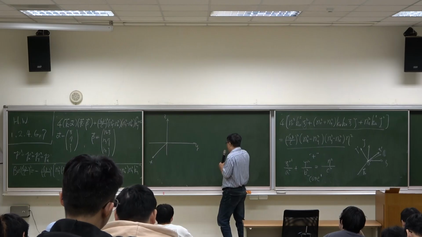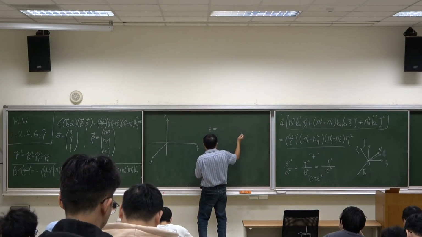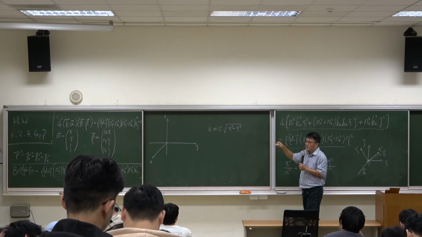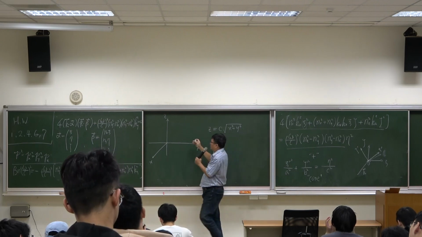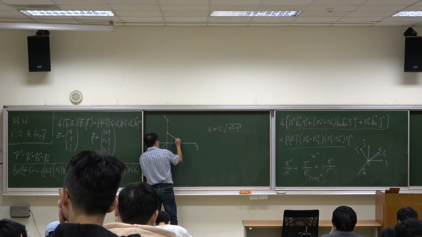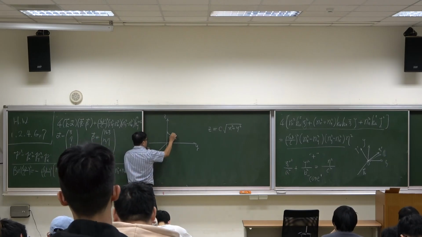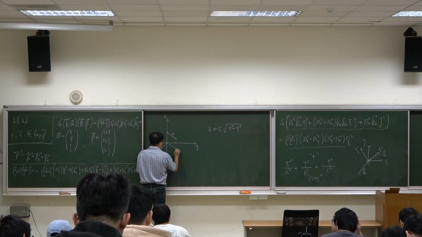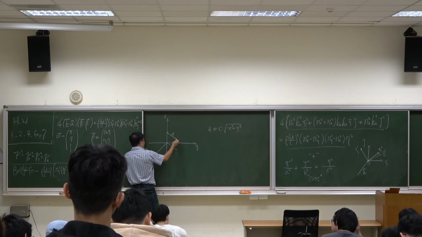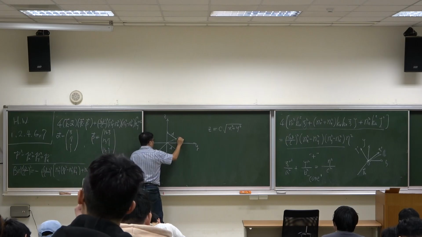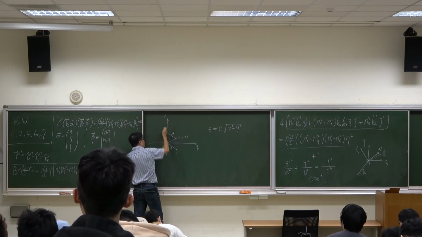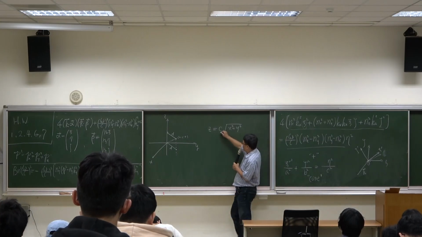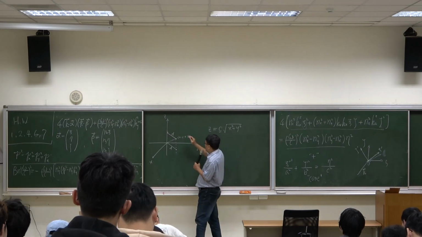Suppose I have an equation that looks like this: z is equal to c times the square root of x squared plus y squared. Here x squared plus y squared represents the distance from the point x, y, z to the z-axis, which is equal to the square root of x squared plus y squared. Suppose we have a coefficient c, a positive coefficient. Then this equation gives us